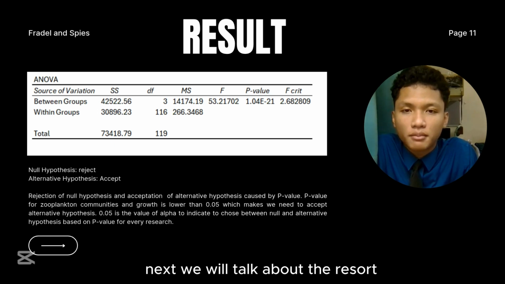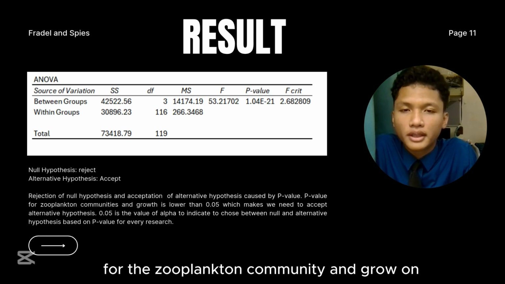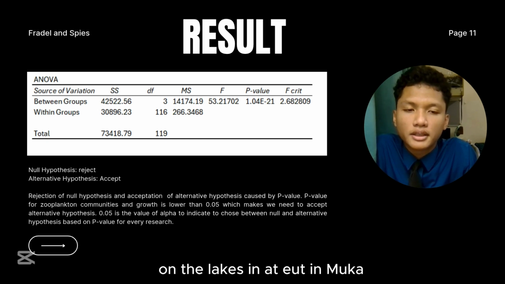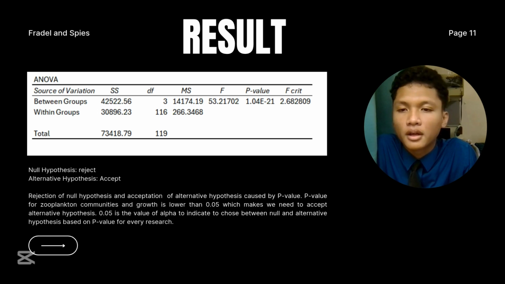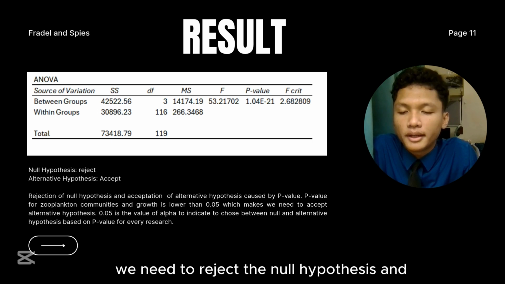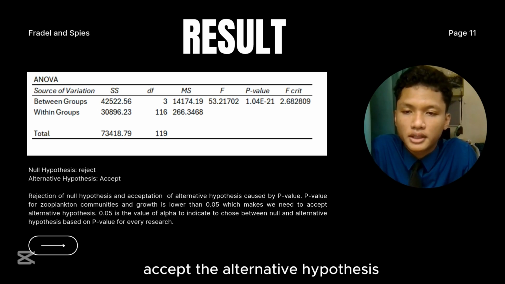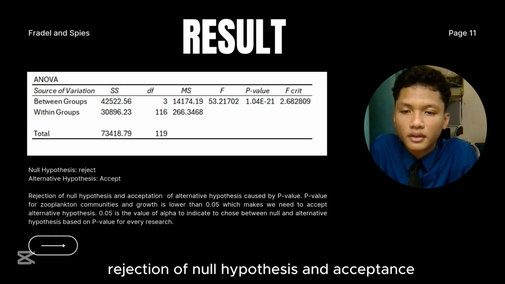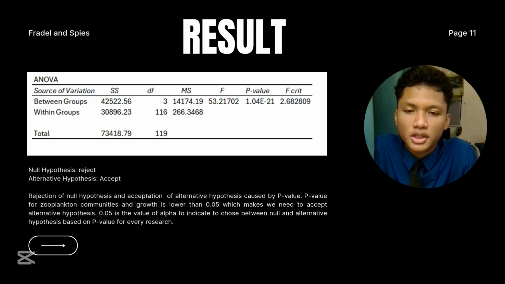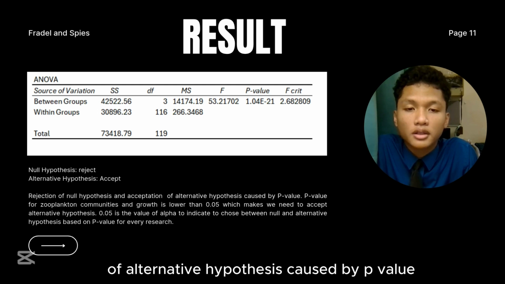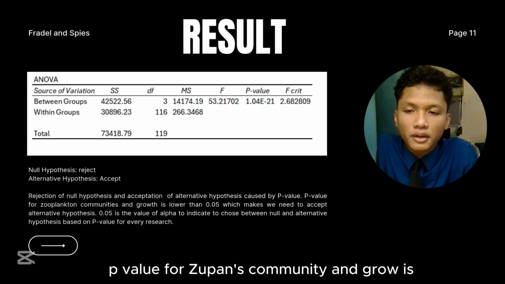Next, we will talk about the result for zooplankton community and growth in the lakes at UiTM Muka. Based on the ANOVA table, we need to reject the null hypothesis and accept the alternative hypothesis. Rejection of the null hypothesis and acceptance of the alternative hypothesis is caused by the p-value. The p-value for zooplankton community and growth is